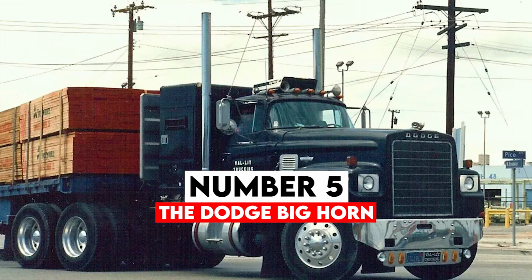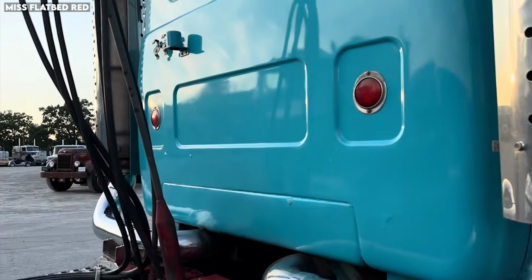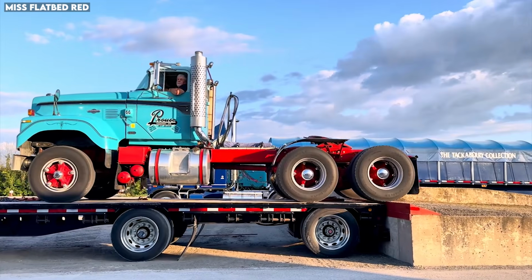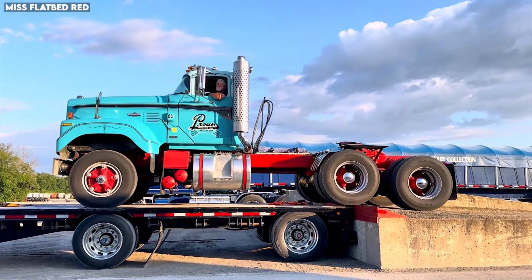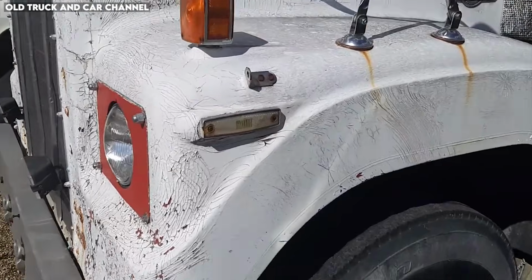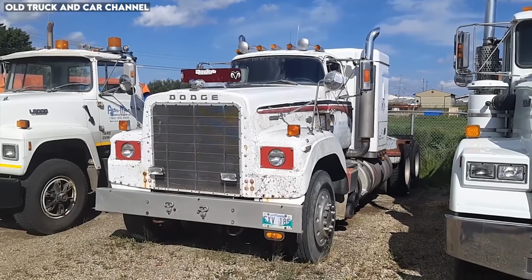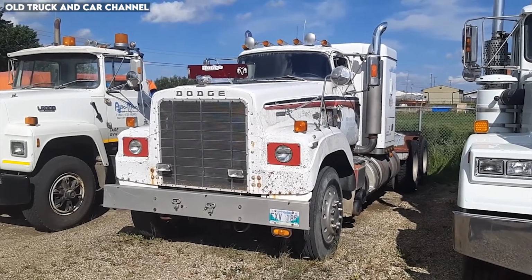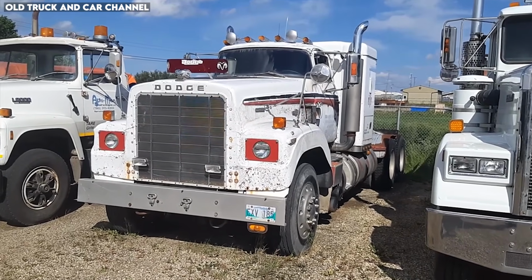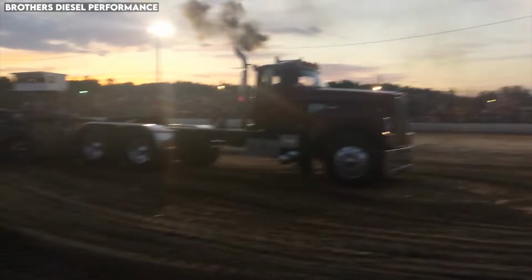Number 5. The Dodge Bighorn. At number 5, we have what may be the most spectacular commercial truck failure of the era, the Dodge Bighorn. This was Chrysler's bold gamble to capture the booming long-haul Class 8 trucking market. It failed magnificently. The Bighorn debuted in 1973 with broad shoulders, a confident rectangular grille, a long, powerful hood, gracefully